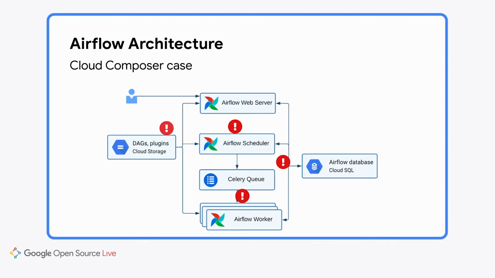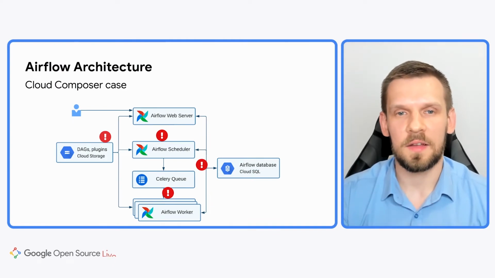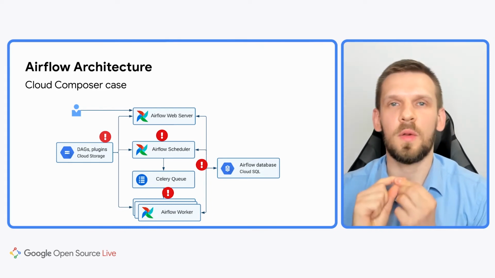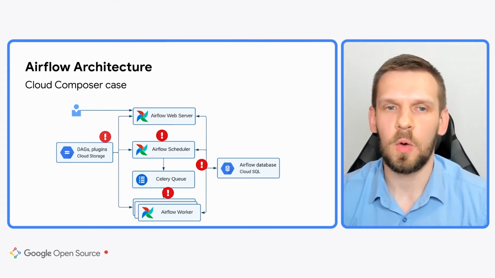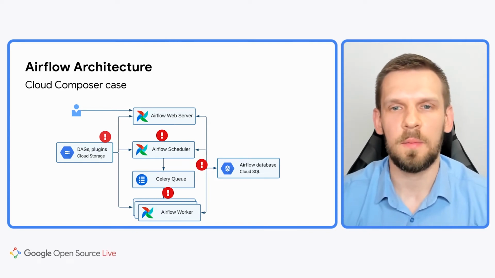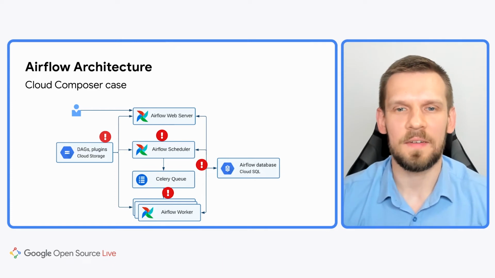All code is stored in a single location, which makes it hard to, for example, share the instance even between different team members, for development purposes. So just to summarize the problems: there is a direct access to the database for all the components. There are components running both user code and Airflow code with the same privileges. There are different tasks executed on the same worker. Actually, the same applies to DAG processing. And there is a single location for all DAG files.